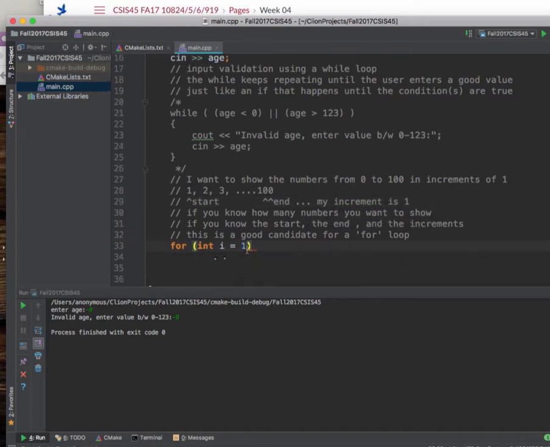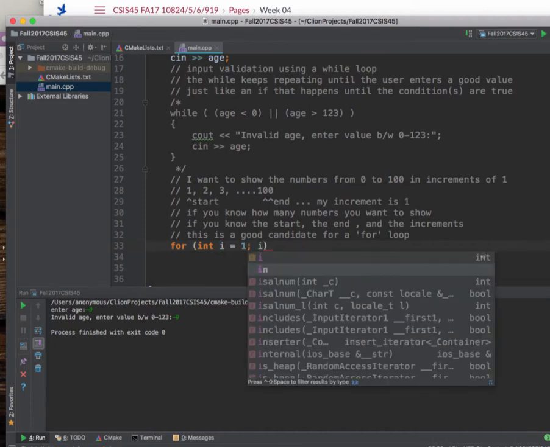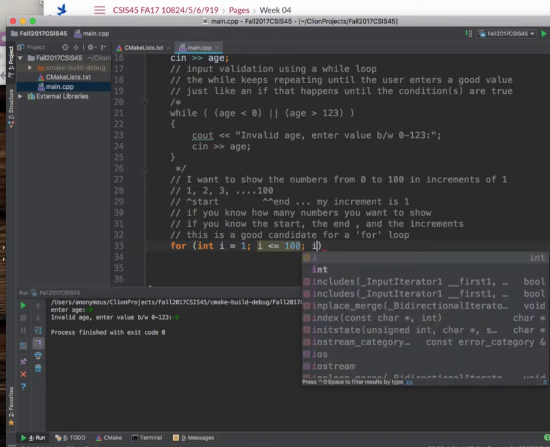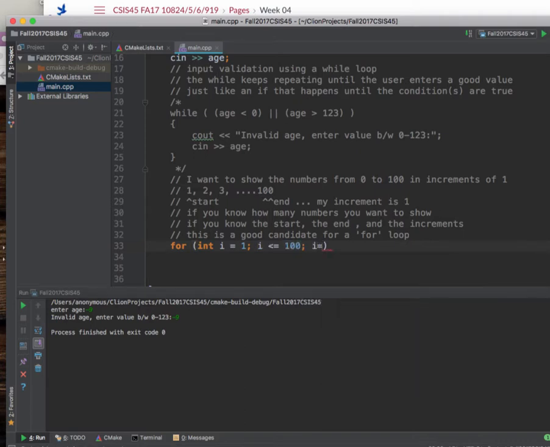Okay, so it starts at 1. I'm making a variable i, which is equal to 1. Then I'm going to tell it, go on, start at 1, go on while i is less than or equal to 100, and then tell it that i is equal to i plus 1. Okay? So then I'm going to go in there, I'm going to do the curly brackets,